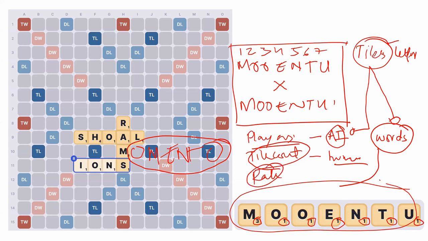And then you've got what you just identified as premium squares. So if you think in terms of your premium squares, these are squares that are formed. ये आपका premium square है, ये premium square है, ये premium square, right? Premium squares are squares on the board. So the board is formed of individual squares or cells, and each of these squares and cells have a function. So there are normal squares and cells जिसमें आप सिर्फ tile को place करते हैं, and जो tile का score है वो apply करता है. But there are special squares जहाँ पे depending on whether they are letter or word, they modify the score of a letter or a word. So there are special squares. So the board is actually made of special squares.